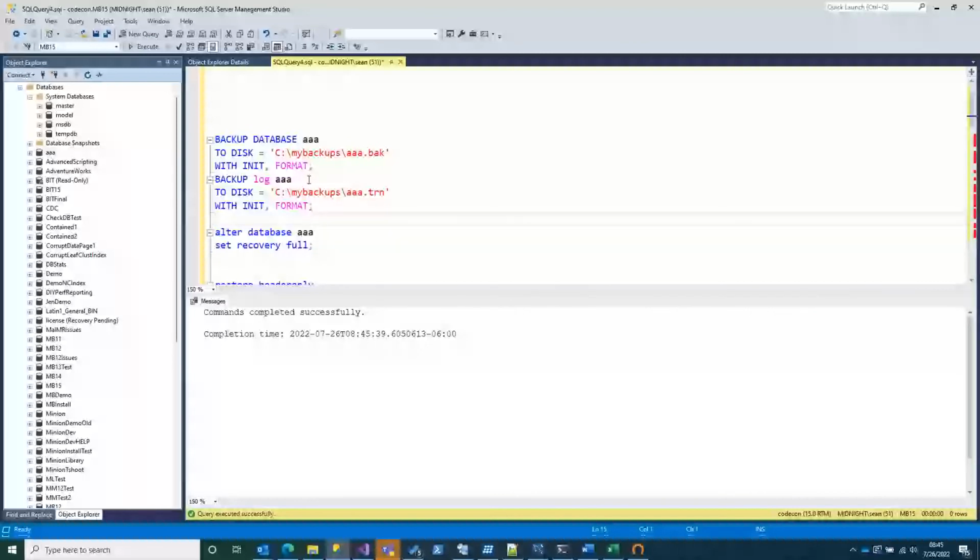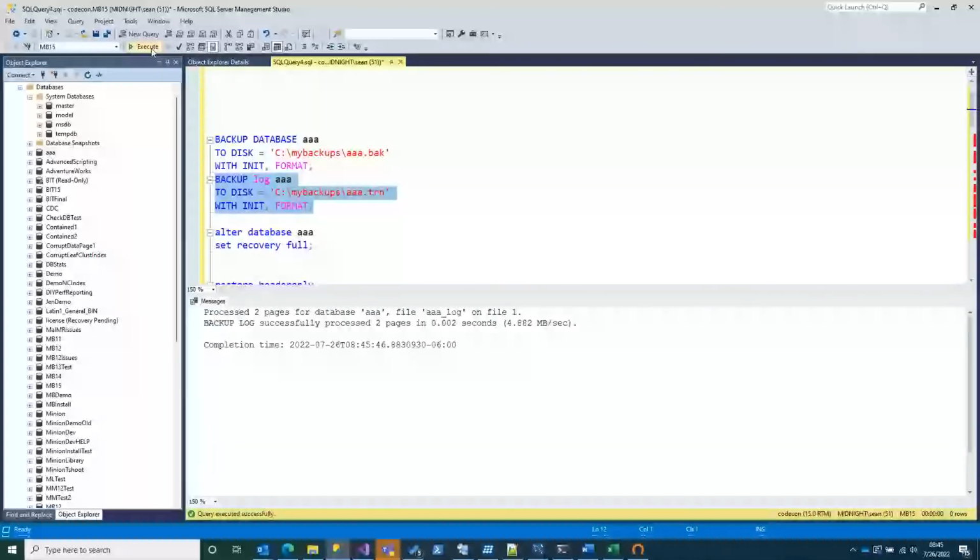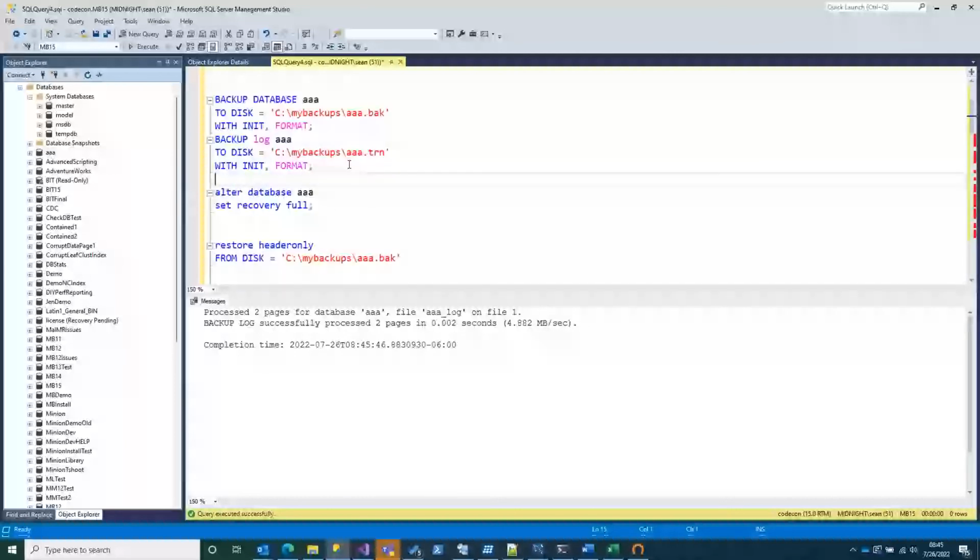There we go. Now I have to take my full backup. Now my log backup. There we go. So now, and in fact, no, I haven't. I don't have any transactions yet, so it won't really do any good. So now when I do this guy,